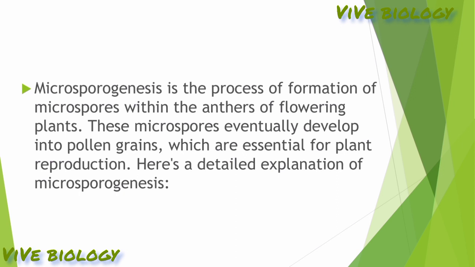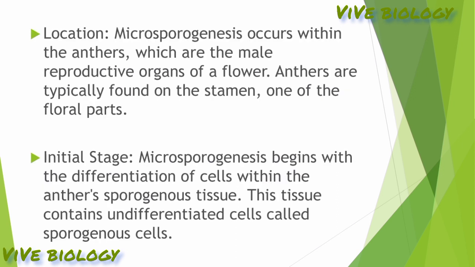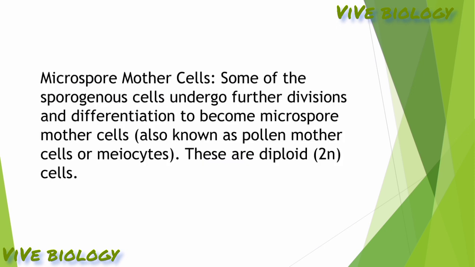Now let's break down how plants create pollen. Starting point. Inside the anthers, there are tiny cells called sporogenous cells. Think of them as the starting point for making pollen, making special cells. Some of these sporogenous cells change into special cells known as microspore mother cells. These cells are like the plant's pollen factories, but they start with a full set of instructions, chromosomes, from both